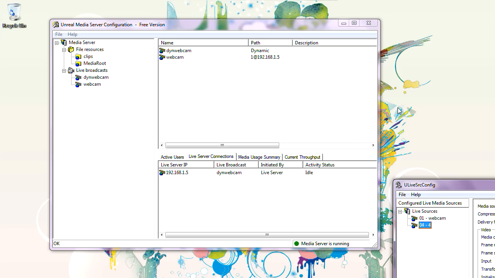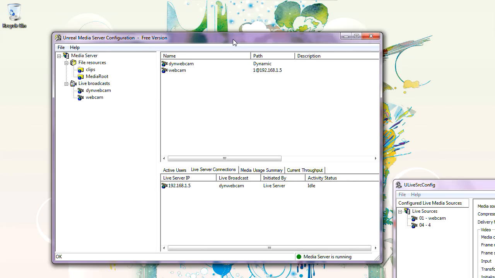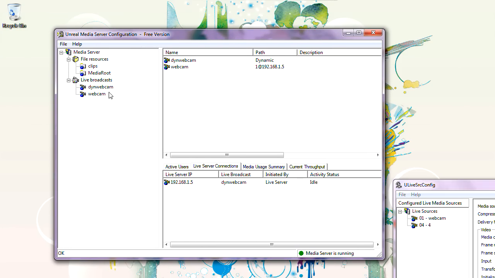So in this tutorial I'll show you how to connect and stream with Adobe Live Flash Media Encoder and Telestream Wirecast. So here we have the media server in the state as we left it from the last tutorial. We have two broadcasts configured, dynamic live broadcast and static live broadcast, that point to Unreal Live server, which is our own proprietary encoder. Let's create another live broadcast